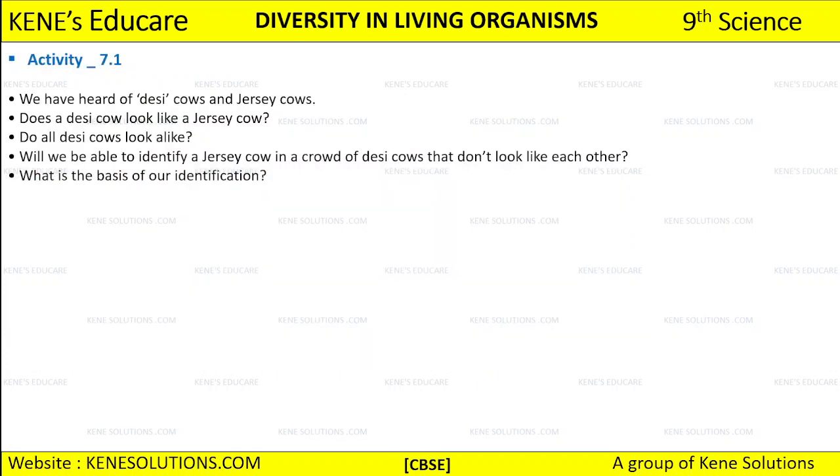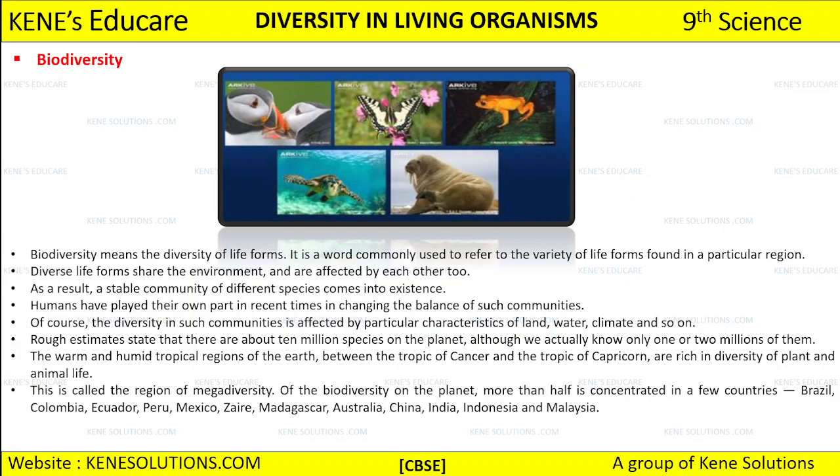So I hope that this evolution has been clear to you. After that, we have discussed biodiversity. Now bio means living and diversity means variation. So biodiversity means the diversity that exists with respect to the different life forms that we have, right? Biodiversity is a word which is commonly used. We use it so that we can refer to the difference or the variety that we are seeing in